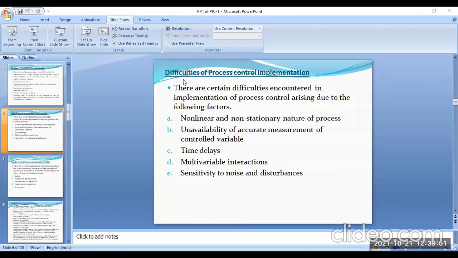There are certain difficulties encountered in the implementation of process control, arising from these factors. First, the nonlinear and non-stationary nature of the process industry. Then, unavailability of accurate measurement of the control variables. It is another difficulty also. Number 3,